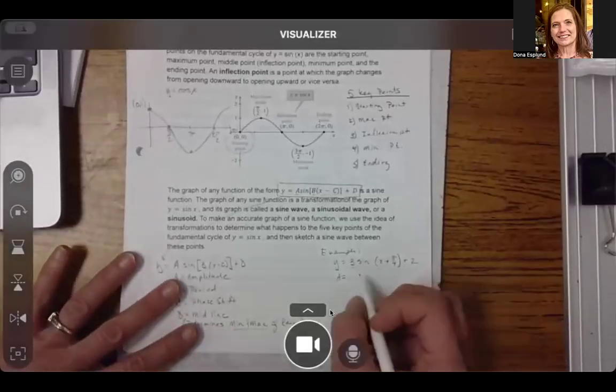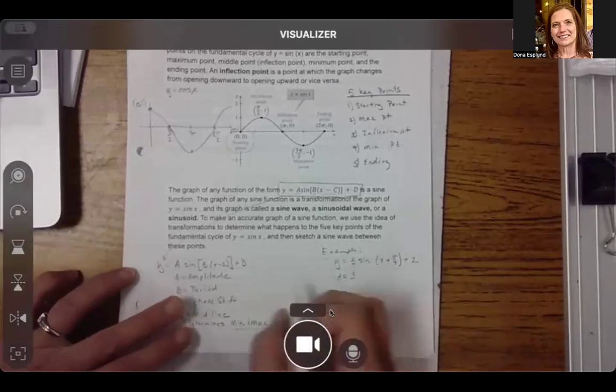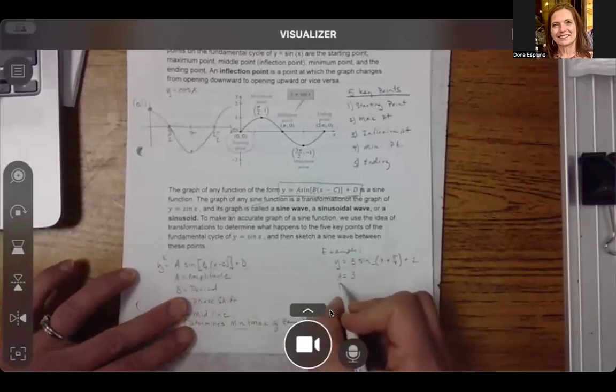So in this case, my amplitude is going to be 3. Then on the next one, on my period, which is the B, if you notice, I don't have anything here. So my period is just going to be 1. And notice that it